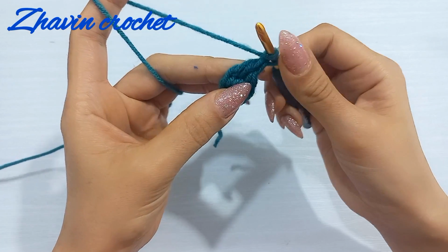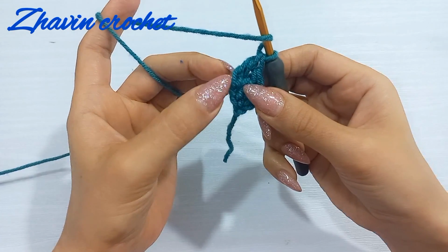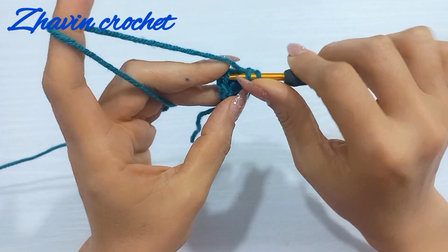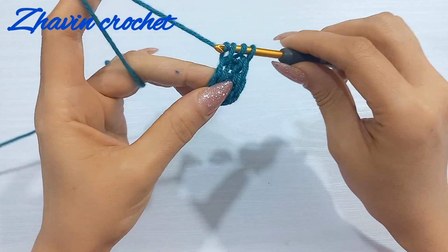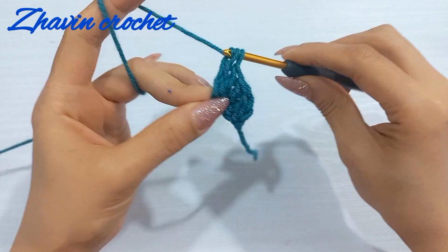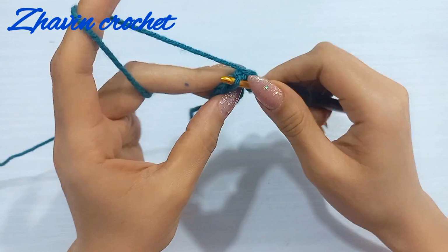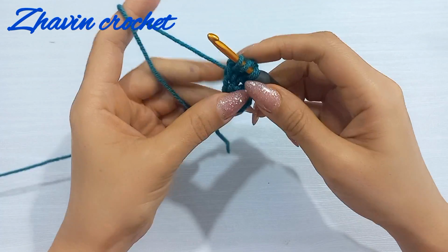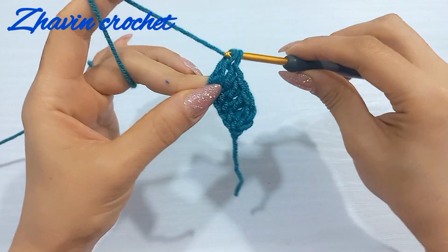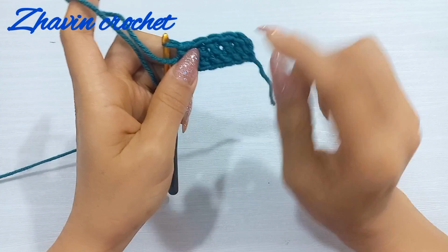And we should repeat this work and make next double crochet into previous chain below the previous double crochet. Pull through 1 to create next chain, pull through 2 and pull through 2. And repeat that work and make next double crochet under 2 loops of previous chain below previous double crochet, and continue